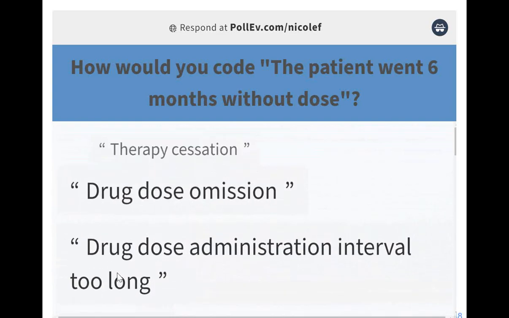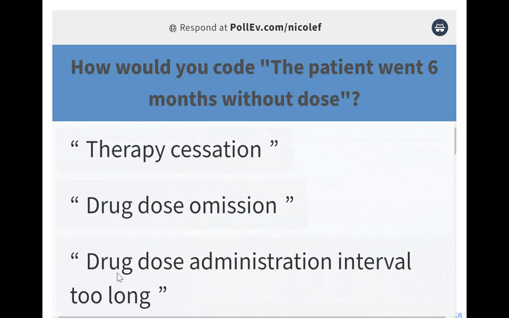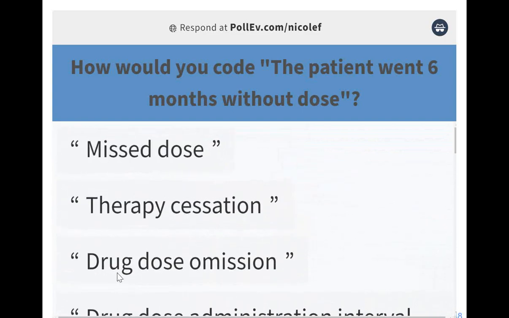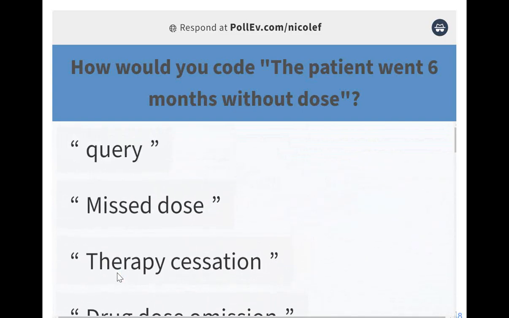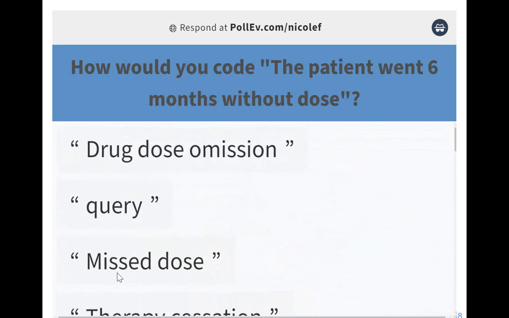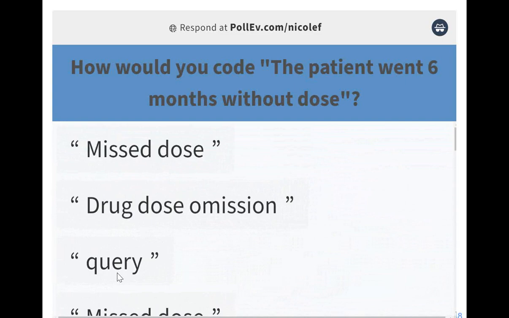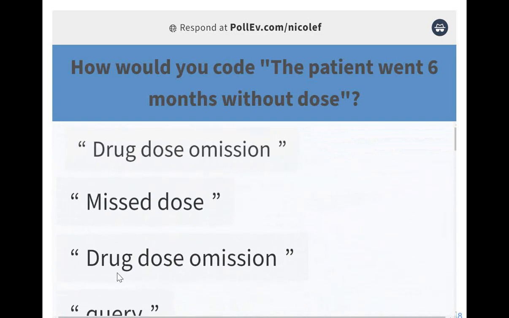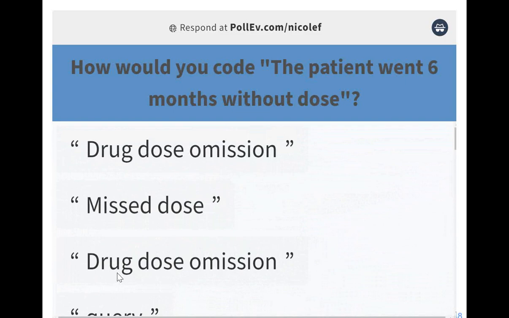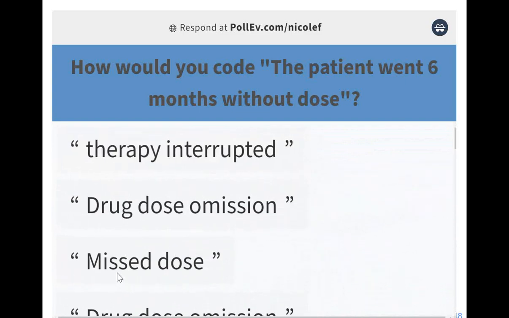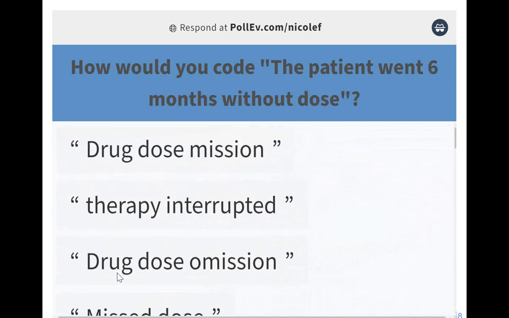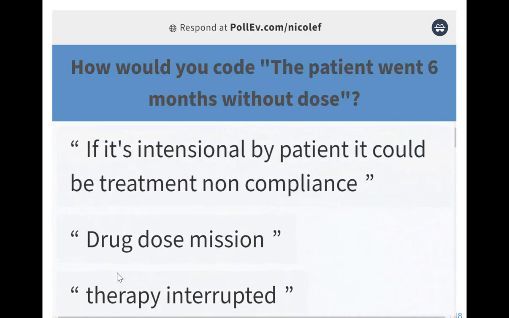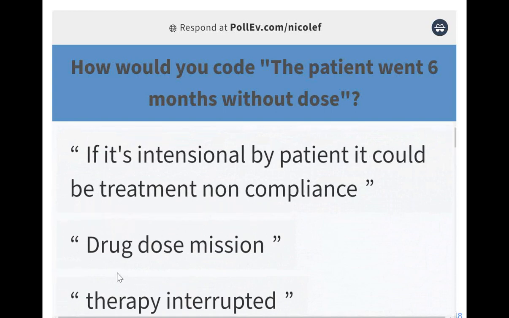So, Samina, I don't know if you have any thoughts around these types of terms or what you were thinking when you saw them. Well, we're waiting for responses to come in, but I certainly would say that the intentionality is not there. And in one of my previous slides on medication error, when the intentionality is not there, and you don't know if it was accidental, you don't know the reason they missed the dose, that lends you to sway towards a quote unquote issue. It's some type of issue because we don't know the intentionality. We don't know if it was accidental. So I would lean towards an issue type term.